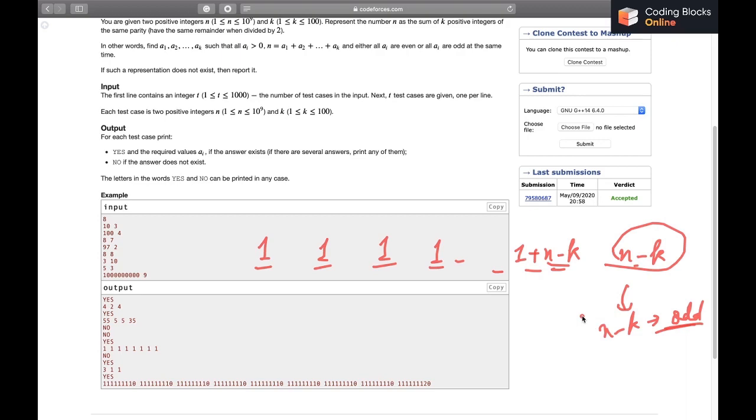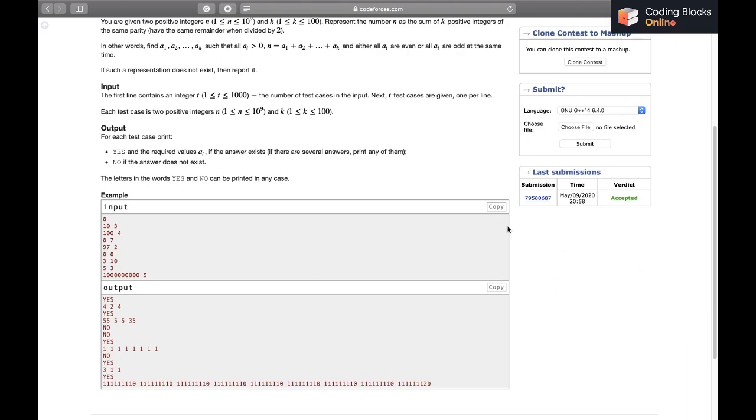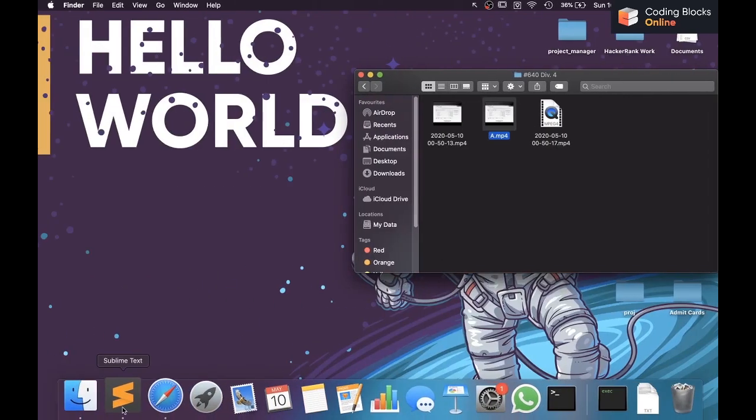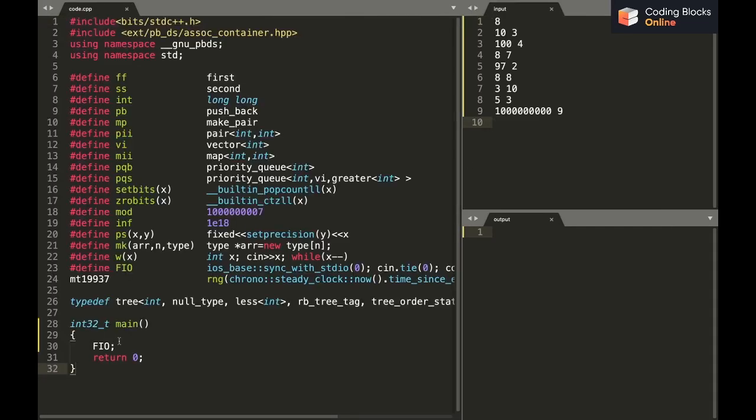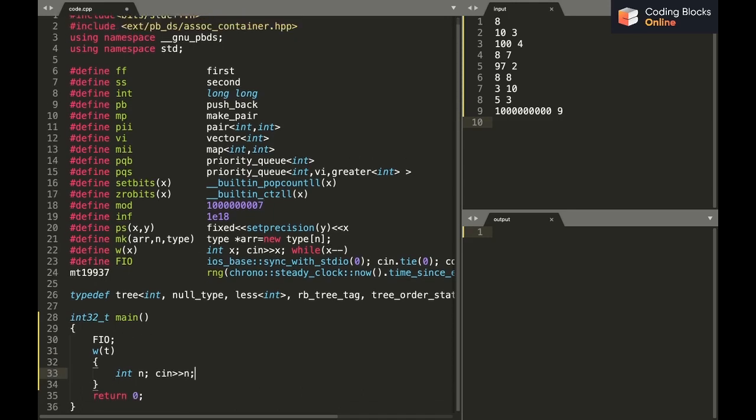Now let's go and write some code. Okay, so I'll just copy the test cases. The first thing I'm going to do is take the input of the number of test cases, then cin int n, and along with n I should have taken k as well. Yeah, n and k, right?